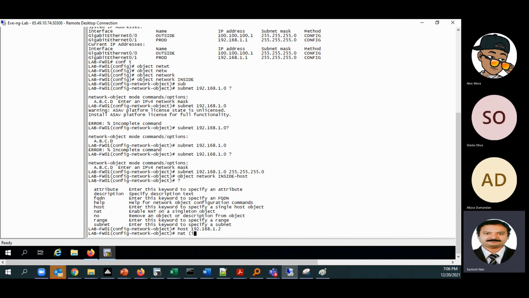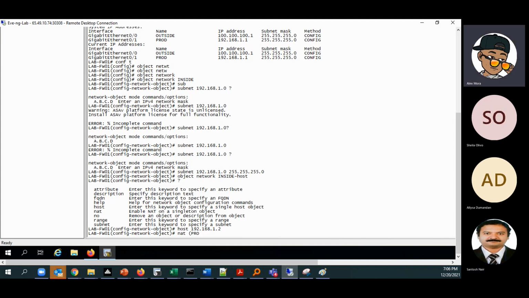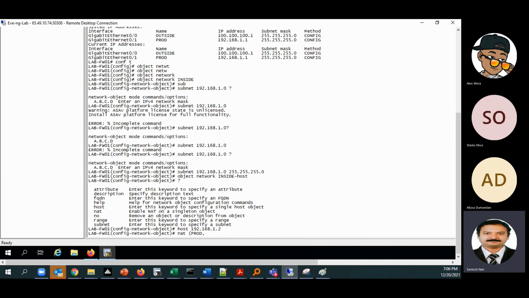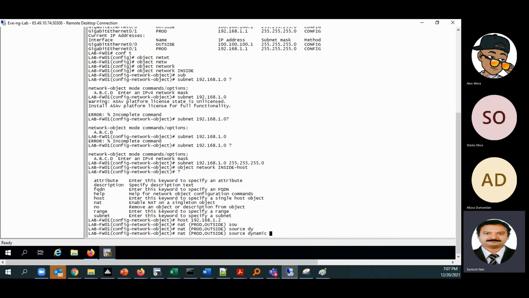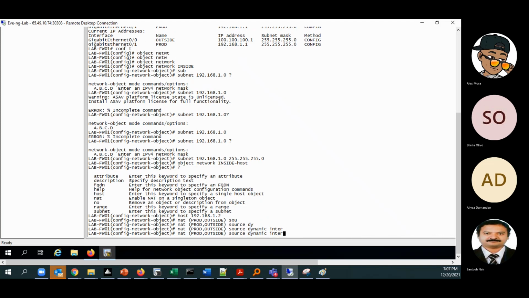This traffic is coming from inside, from the interface we named prod, to outside. And we have to do the NAT for the source, dynamic interface.